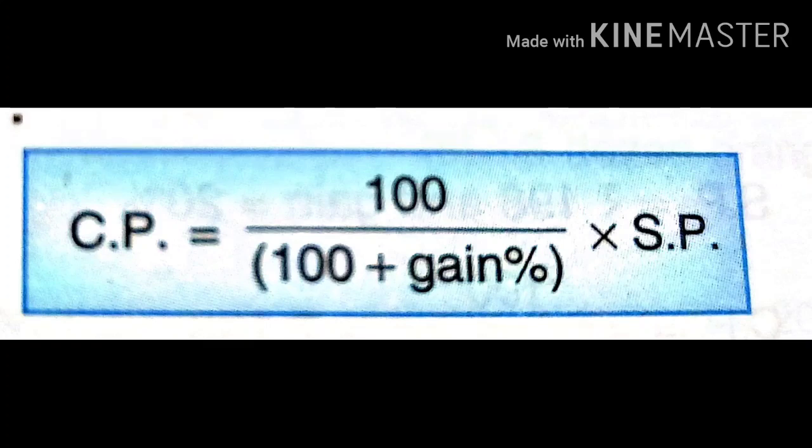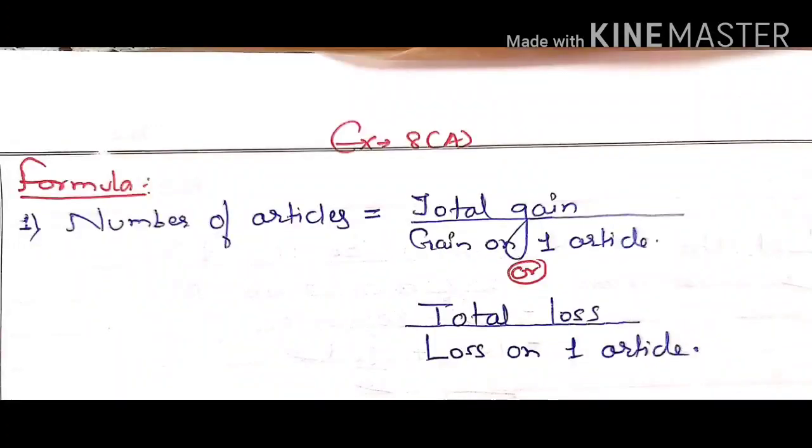In selling price all are in numerator and in cost price all are in denominator. You have to write and you have to learn this formula nicely. We will use it in exercise directly. Same to same you can understand in terms of loss. We will do minus, 100 minus loss percent, and all the things will remain the same like this. Check it here. Take this formula, it is not in the book.